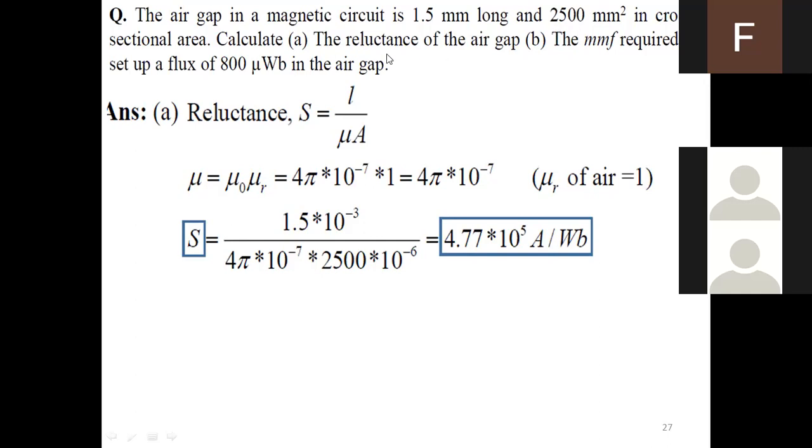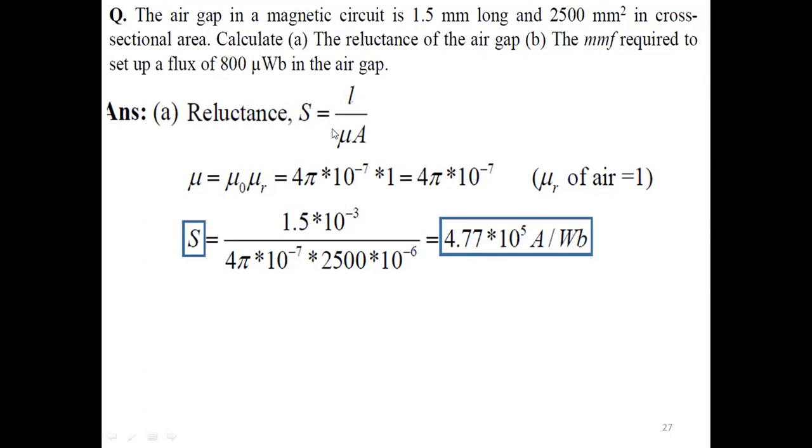So calculate the reluctance. S equals L divided by mu naught mu r A. It is a material itself; for air, the relative permeability will be 1. So mu naught, you know that one, 4.5 into 10 to the power of minus 7. Mu r you assume as 1, so mu equals 4.5 into 10 to the power of minus 7 only. Total mu is this. So you substitute here.